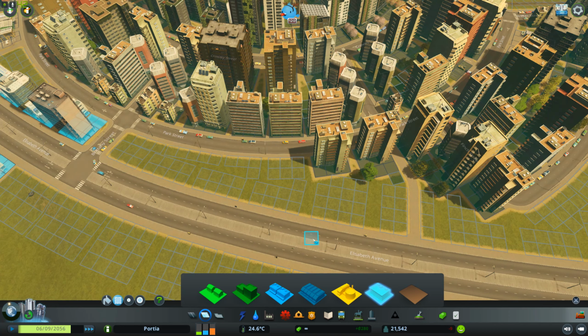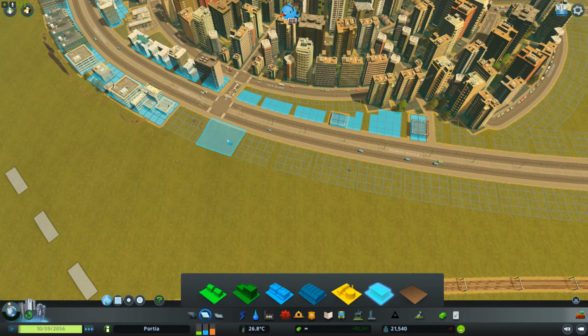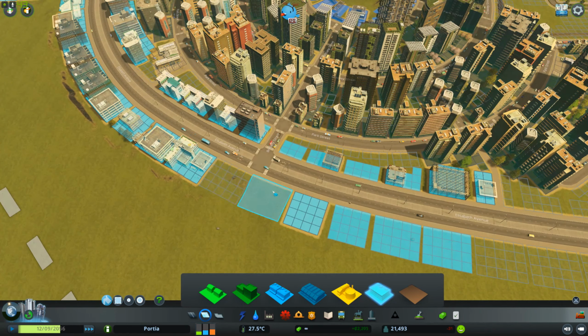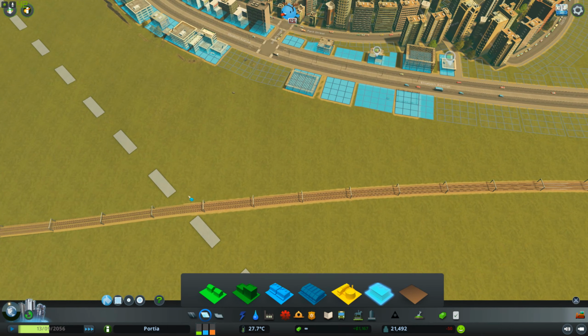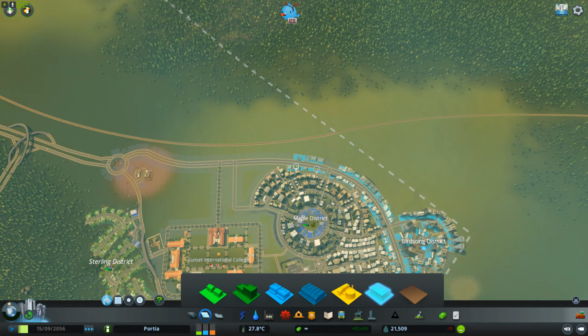More offices or not more offices? Ooh. Let's try that. More offices. I'm intentionally wanting to leave a gap there in case I want to build out later on. Speaking of which,